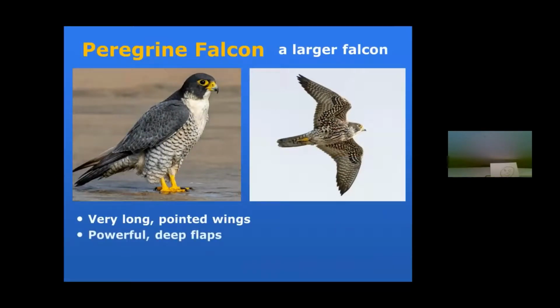Now, the peregrine falcon is the largest one that we typically see. Beautiful bird, stunning bird. An adult on the left, an immature bird on the right, all distinctive with what we call the helmet, with the very heavy mustachio area, just dark. It looks like it has put on a cap. But again, the distinctive falcon pointed wing shape, not quite as checkered on this young one as a Merlin, but it would be noticeably larger. Powerful deep flaps. These birds have been clocked at over 200 miles an hour in the dive. Not by me, but by somebody.